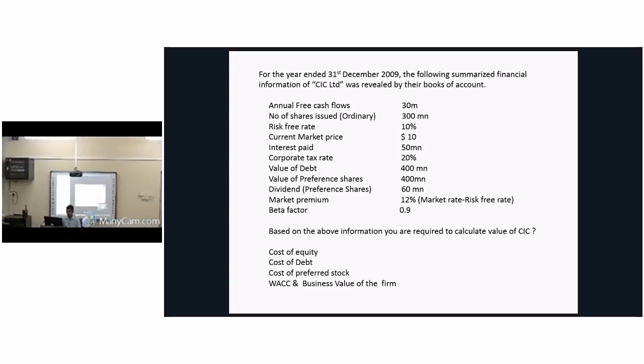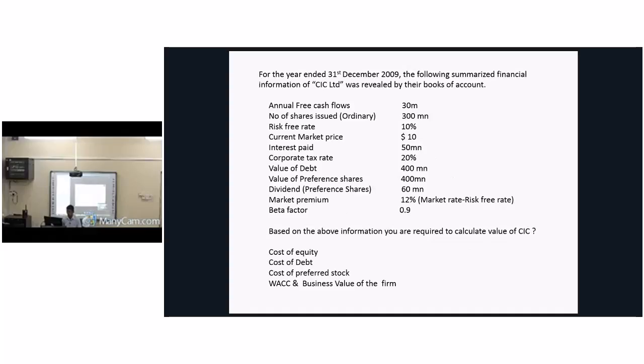I quickly read out. For the year ended 31st December 2009, the following summarized financial information of CIC Limited was revealed by the books of accounts. They have given the annual free cash flows. Number of shares issued, risk-free rate is there,